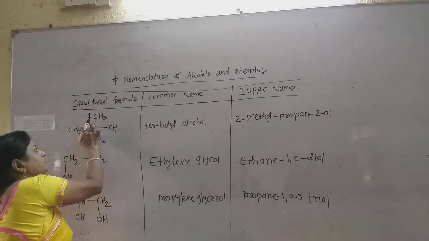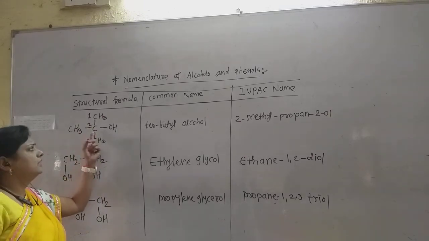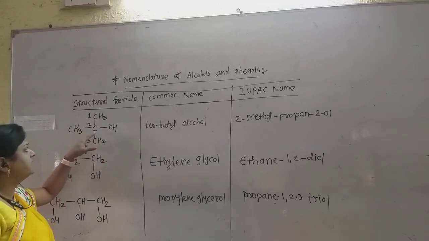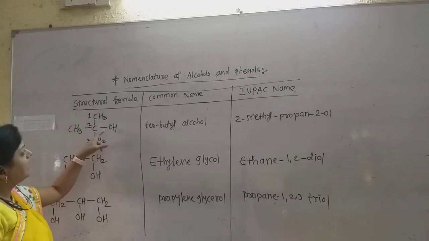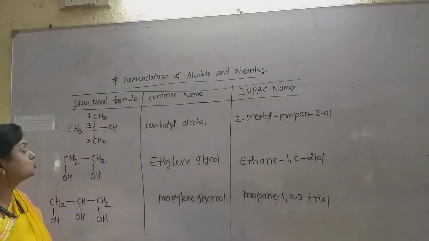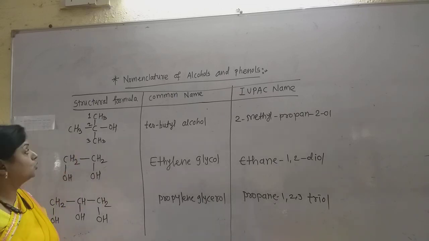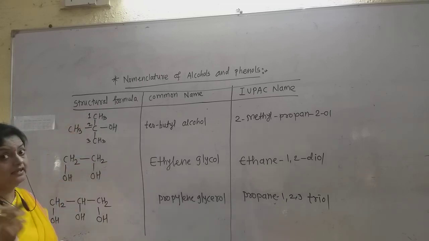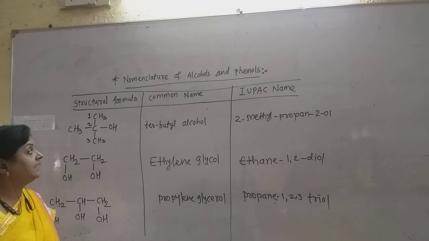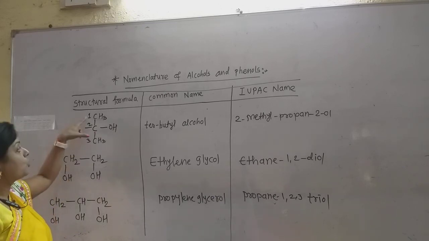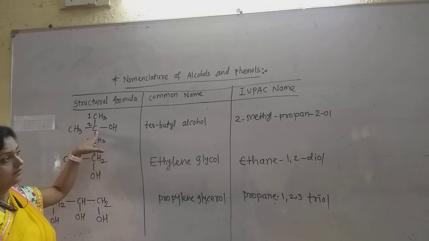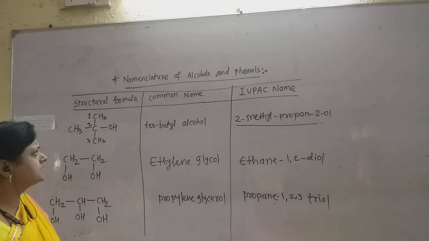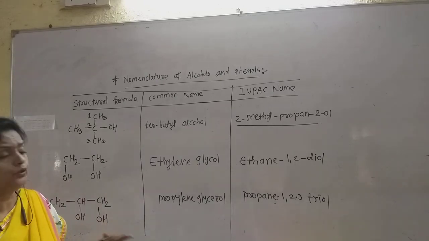Now if we give the numbering from the bottom also, the OH group is always on this second carbon atom. On this second carbon atom there is one substituent, the methyl group, and the OH group, the functional group of alcohol, is also there. So the name of this alcohol is 2-methyl. In the straight chain there are 3 carbon atoms, so the parent alkane is propane. So 2-methyl propan-2-ol is the IUPAC name of this alcohol. Commonly it is the tertiary butyl alcohol.